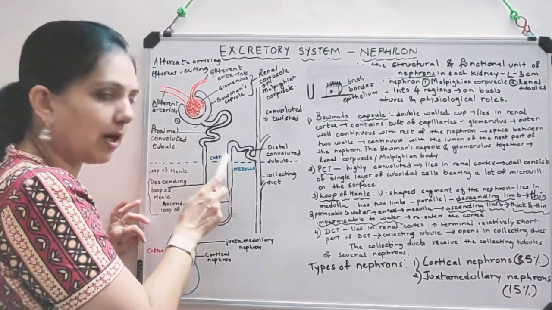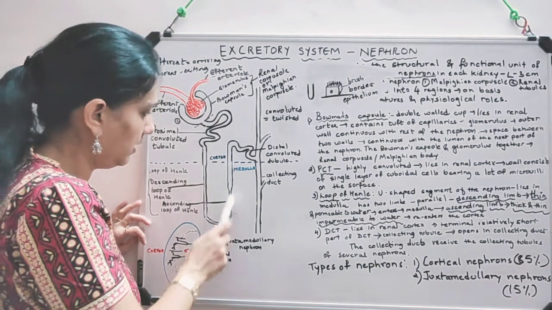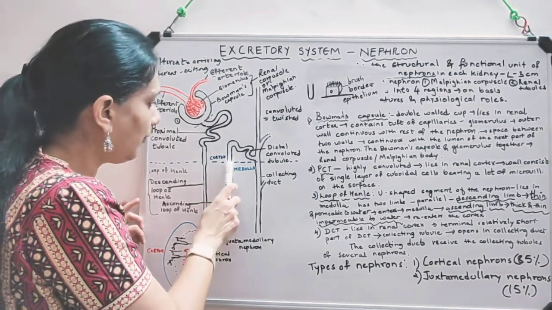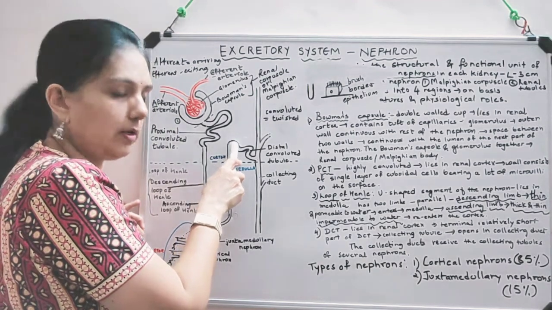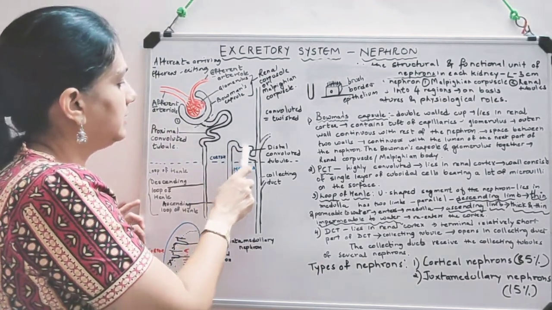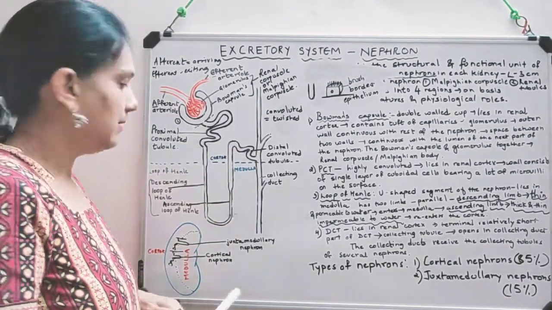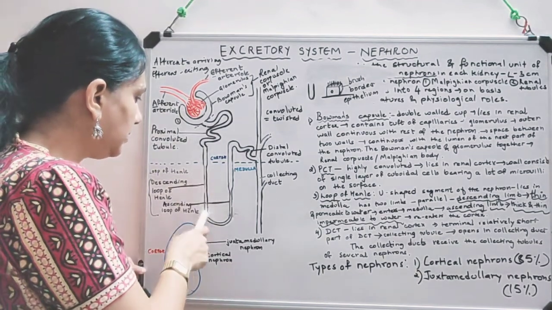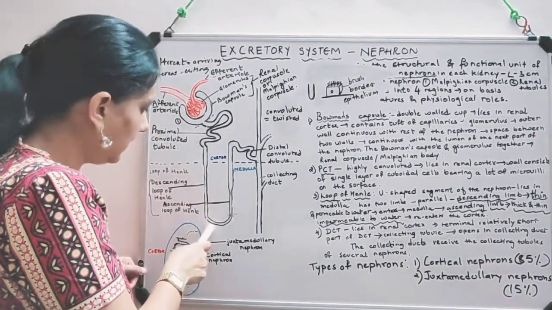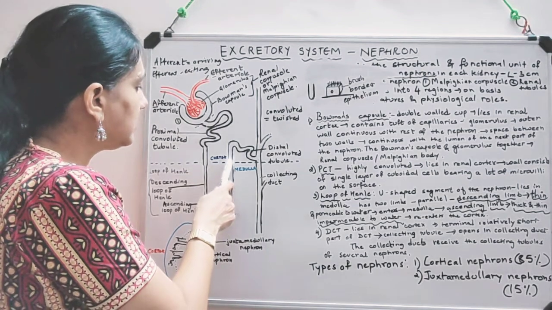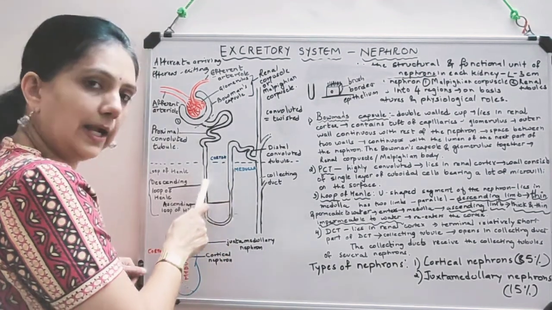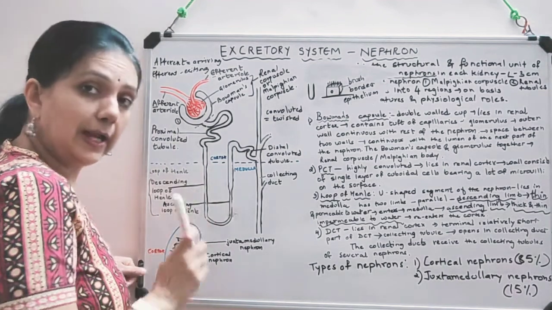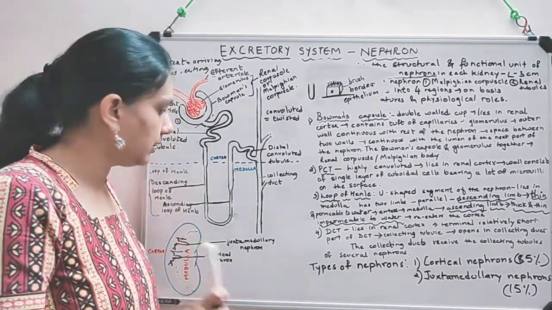in major part, almost the whole part, it is in the medulla. When the loop of Henle once again enters the cortex, then that is the DCT. Okay, so it enters the medulla, that is the descending limb. It re-enters again in the cortex, that is the ascending limb, and the descending limb is thin and permeable to water,